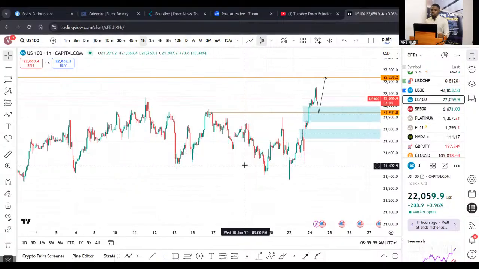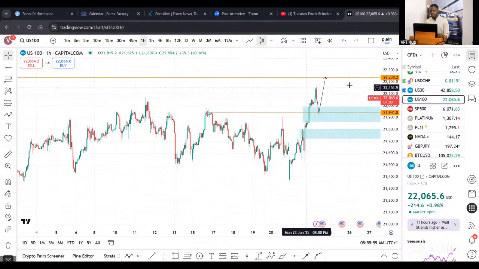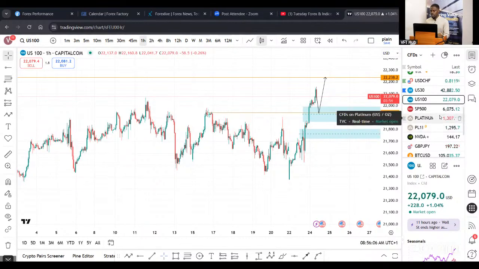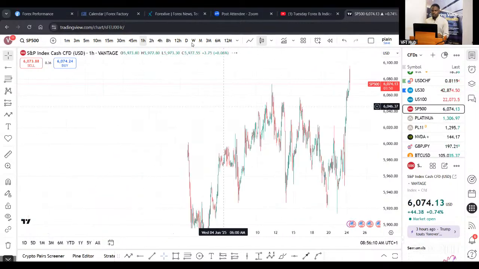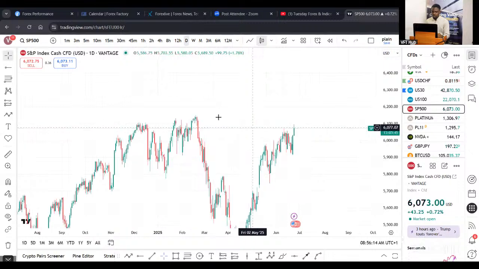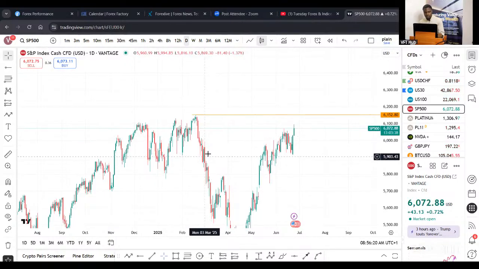Like I said, US100 looks very good. We hope that it clears its own eye so that we can use that in anticipation of US30 clearing its own eye too, right? Usually they do that. And finally on S&P 500, we have almost the same analysis on both of them, which is this S&P 500 has its own eye over here. We expect that price is going to clear it very soon.